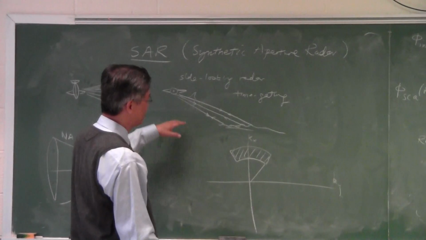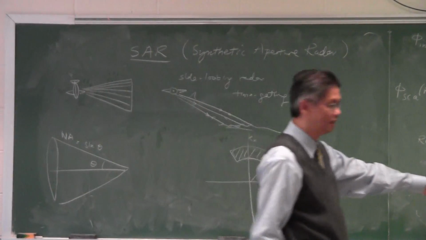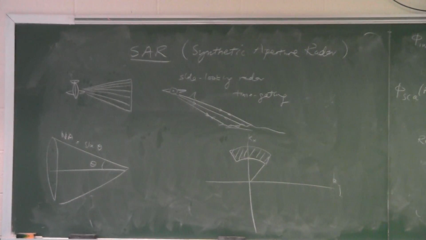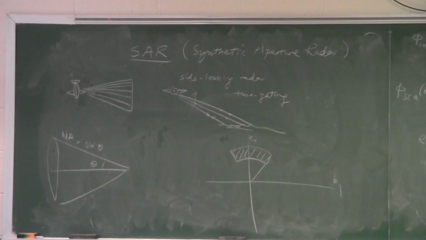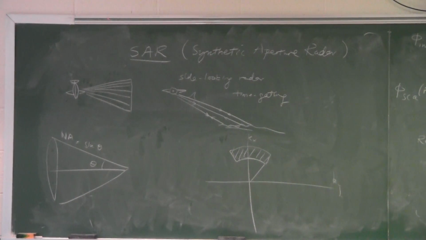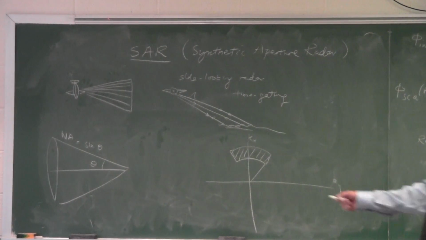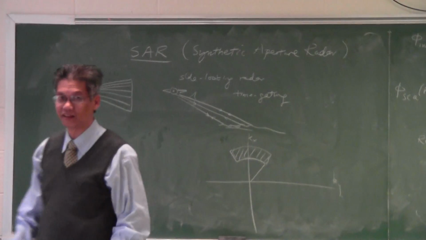And most of the time, your K vectors are not as free as we have in this experiment. KR and KT almost point in the same direction because you have to look for echoes. KR and KT are not as nice as this picture over here. So KR and KT are pointing almost in opposite direction to each other. So because they point in the opposite direction to each other, KR and KT will add up to something, and you only have a small degree of freedom to change them. So most likely than not, you have a Fourier data that looks like this. You don't get